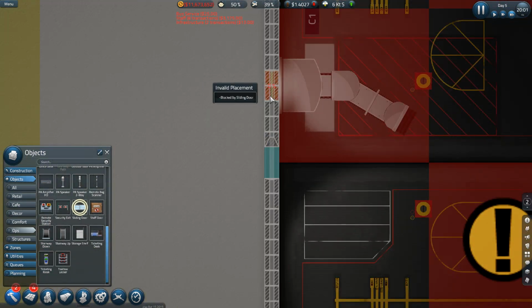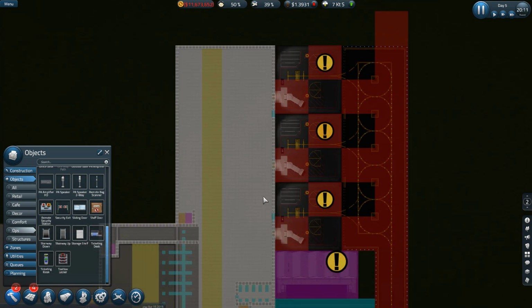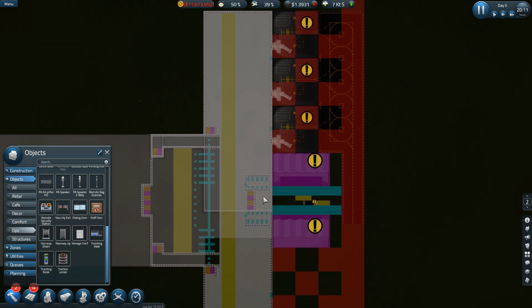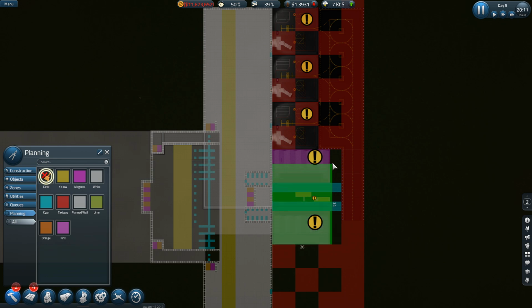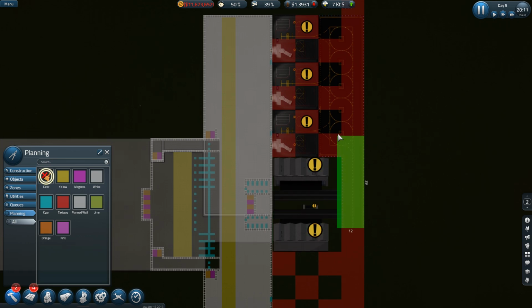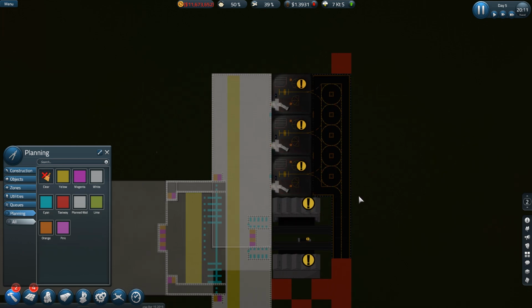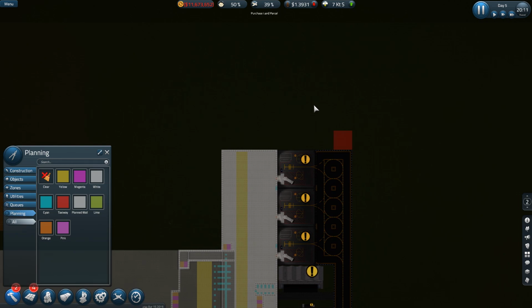Thank you much. All right, there's that. Now we can go to pause mode here. Okay, so now we've got some stuff built. Now we can start clearing out some of this planning, because it is kind of annoying. Okay, there's that. All right. So now this is open up here. So now what we need to do,